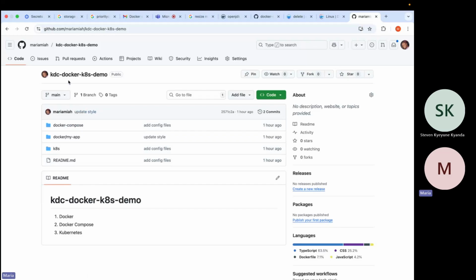It has some of these files already pre-made that we're going to run. So the first one is going to be Docker my app. We're going to try to Dockerize a simple Next application that just shows a simple text on the screen.